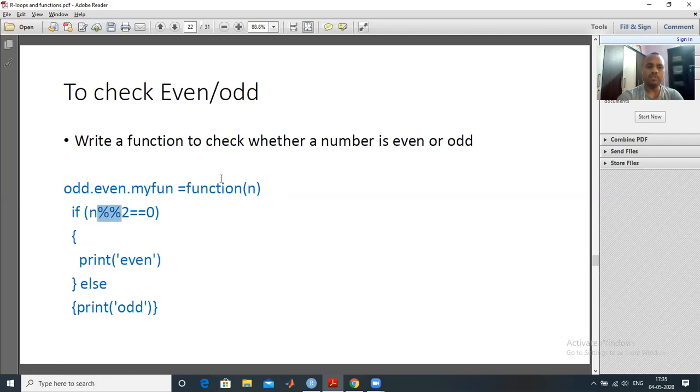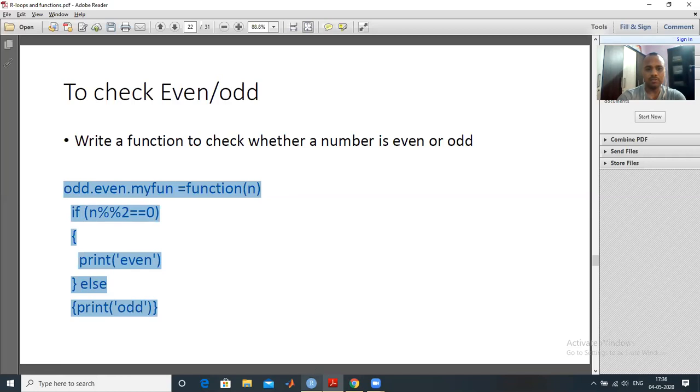So you are checking the remainder when n is divided by 2, and if that remainder is equal to 0, with double equals because you are checking the condition, not assigning, then print even, otherwise print odd. So this is the simple function which checks even and odd.